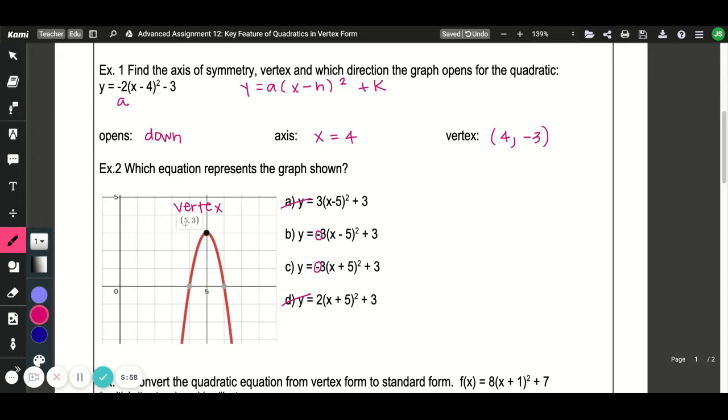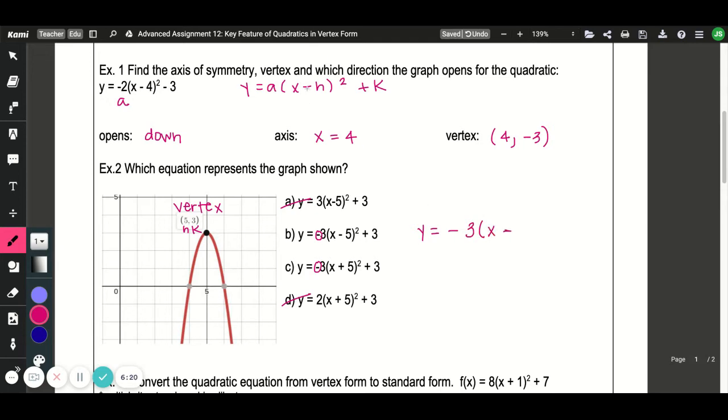Our vertex is 5, 3. So 5 is h, 3 is k, because our vertex is (h, k). So if we plug those into this equation, y equals, it opens down so it's negative. We're not going to worry for right now about why it's 3. These both have 3. They're the same. So